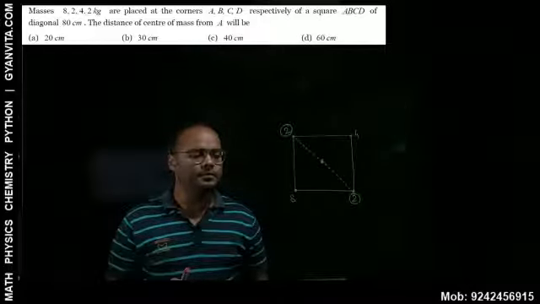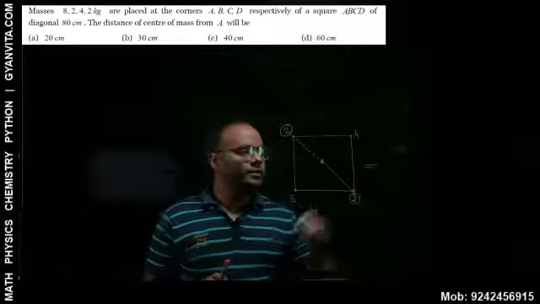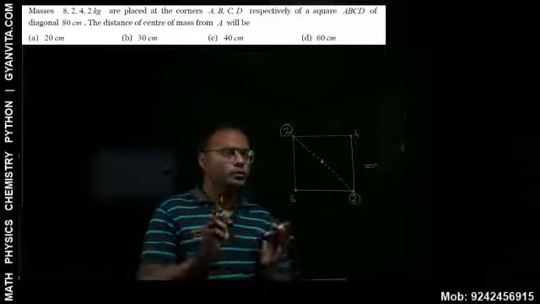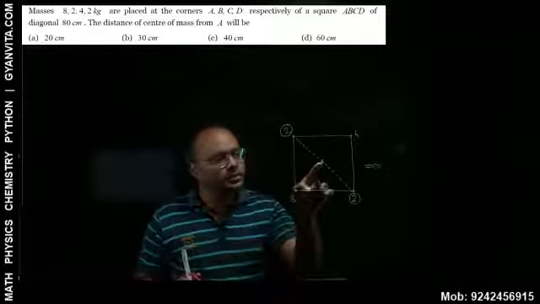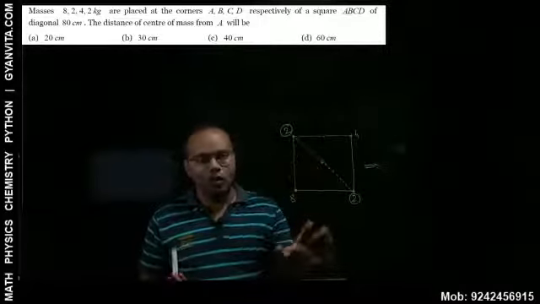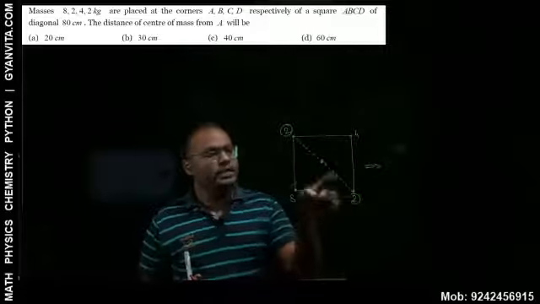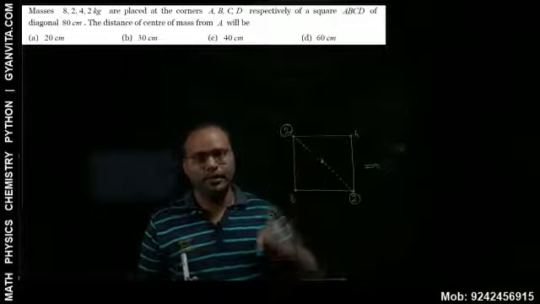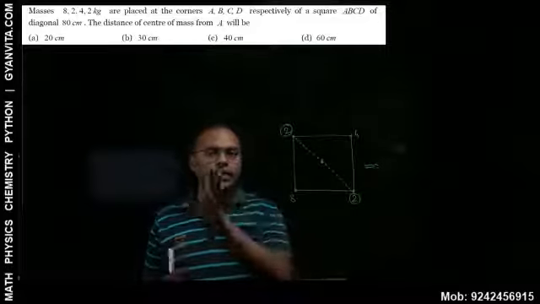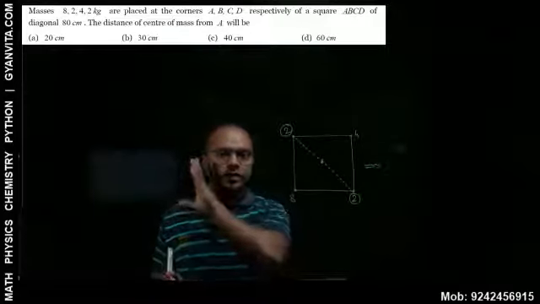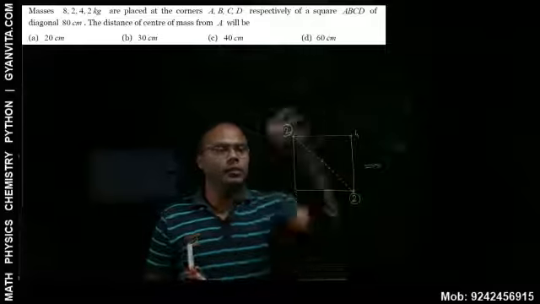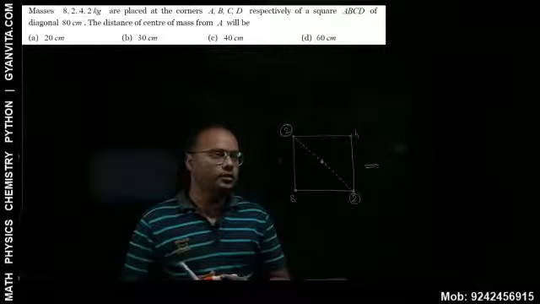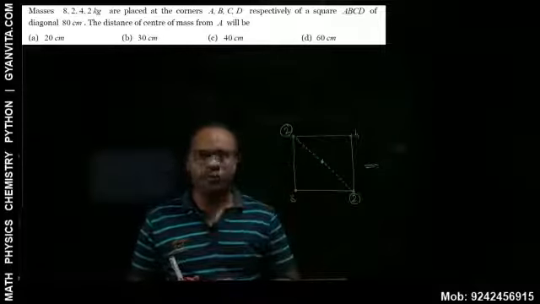Is that clear? So that means what? This situation can now be simplified to a new situation. So this point is the center of mass of this 2 and this 2, which is actually the point of intersection of the diagonals. And at the center of mass, you can consider the entire mass to be situated. Entire mass means not of the entire object, only those two masses which you have taken, that is this two and this two. So this two and this two total will be what? 4. So that means 4.